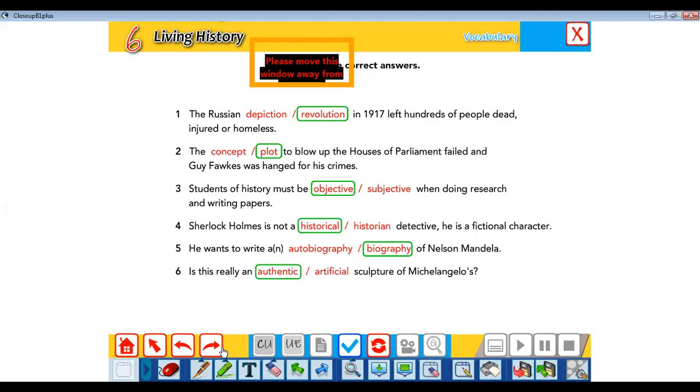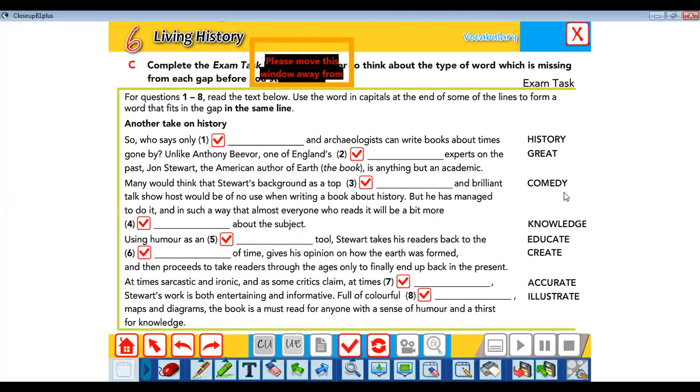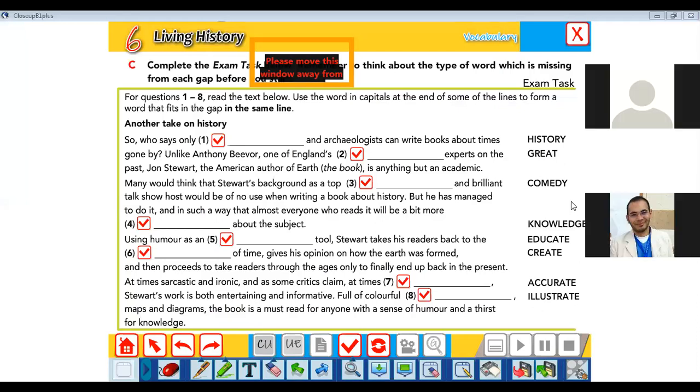because you'll have to read this exercise, okay, because it's a whole text. You can find here that we have some words: history, great, comedy, knowledge, and so on. Of course, you can pause the video, because as I told you at the beginning, this session will be a video on the YouTube channel. You can pause the video and try to read the text and answer it, and then you will check your answers. Okay, so I'll give you the answers,